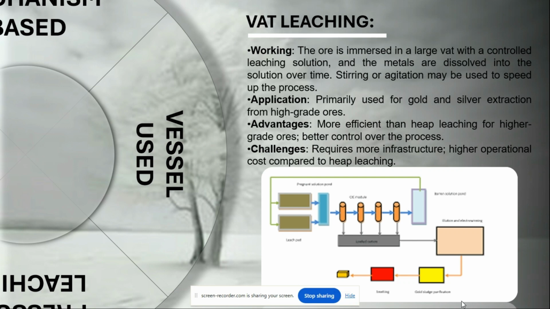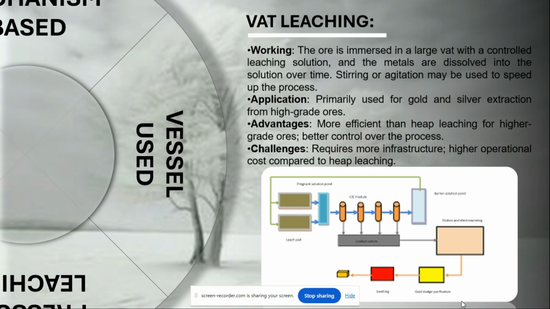Vat leaching is primarily used for the extraction of gold or silver or maybe any other highly valuable material. It is an extremely efficient process that is used for higher grade ores and has a better control over the process. But the challenge that we face in vat leaching is that it requires a vast infrastructure and has a high operational cost. So that is why it is only used for high grade ores and for the extraction of